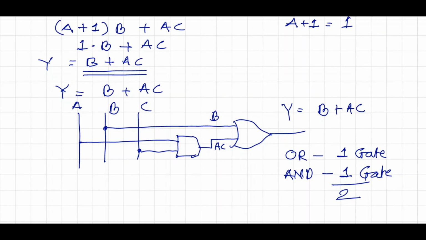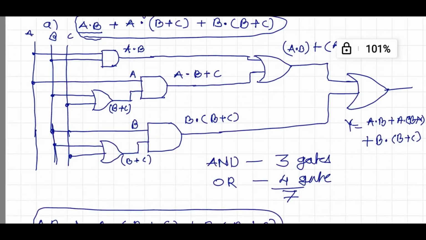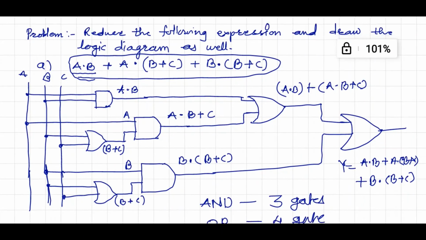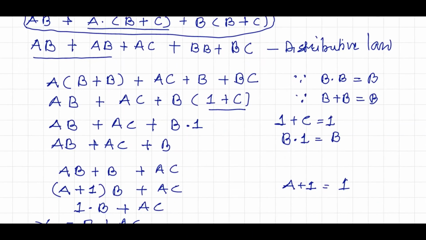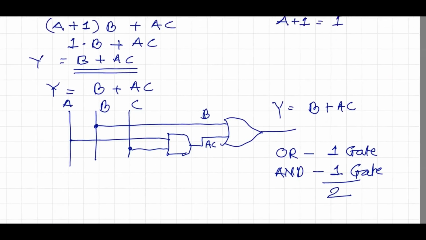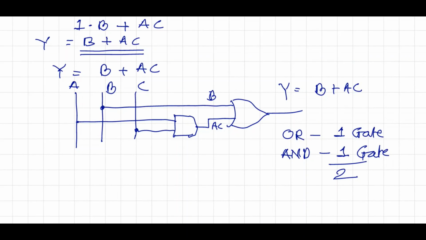That means whatever work is done by the original circuit, the same function or operation is done by this circuit. But the original needs 7 gates to get the same result. If we apply Boolean algebra rules and simplify the expression, we need only two gates to get the same result. So this way we can reduce the Boolean expression, and we have drawn the corresponding logic circuit, which is a simplified version of the original expression.